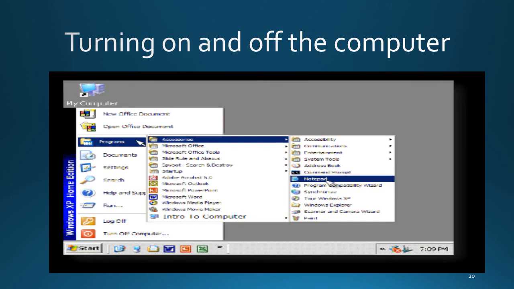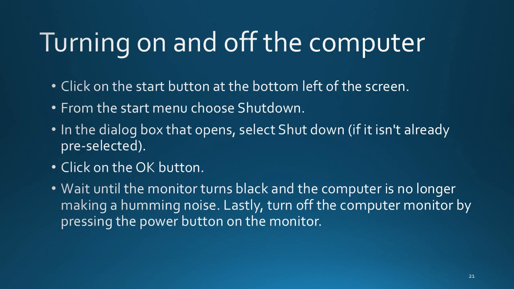Turning on and off the computer. You see an image right before you as to how to navigate the start button. I will guide you as to how to turn off and how to turn on your computer. Click on the start button at the bottom left of the screen. From the start menu, choose Shut Down. In the dialog box that opens, select Shut Down if it isn't already pre-selected. Click on the OK button. Wait until the monitor turns black and the computer is no longer making a humming noise. Lastly, turn off the computer monitor by pressing